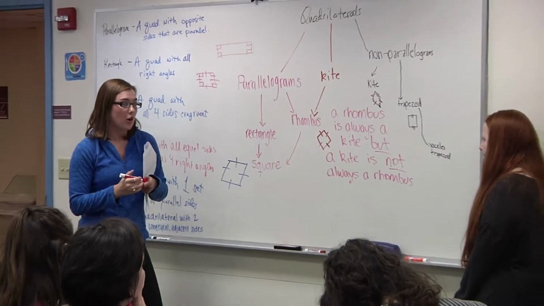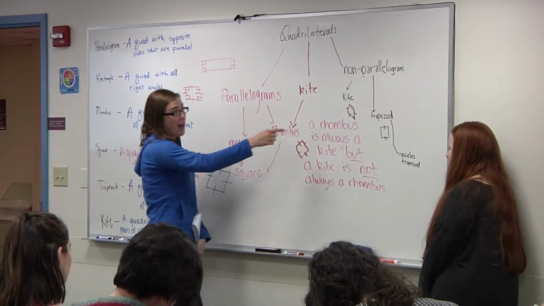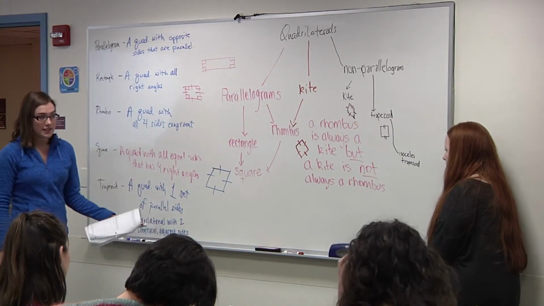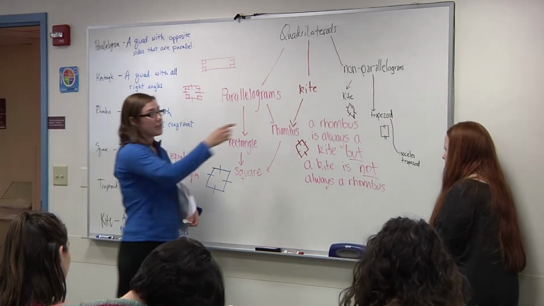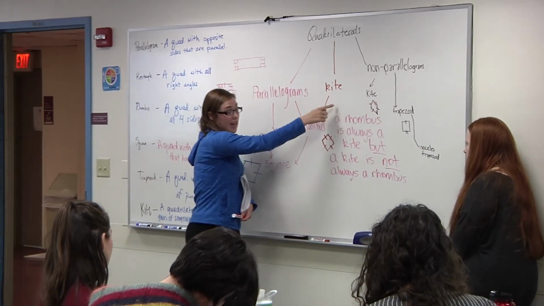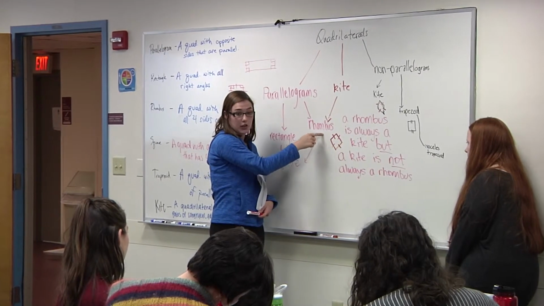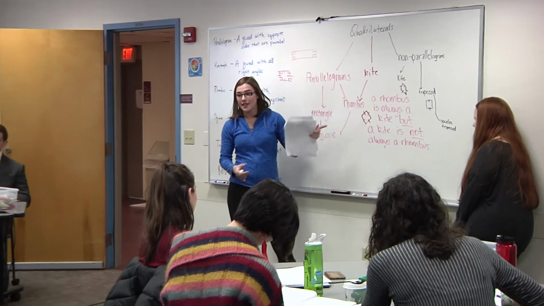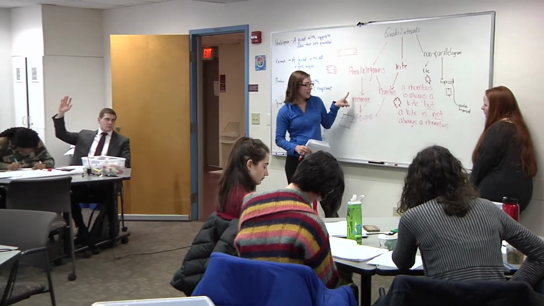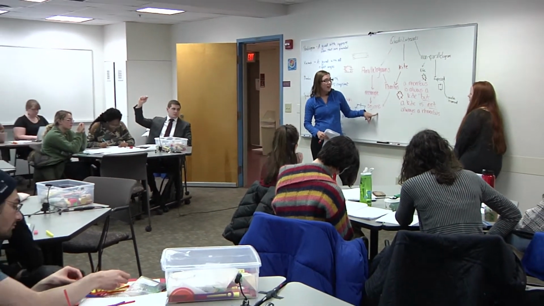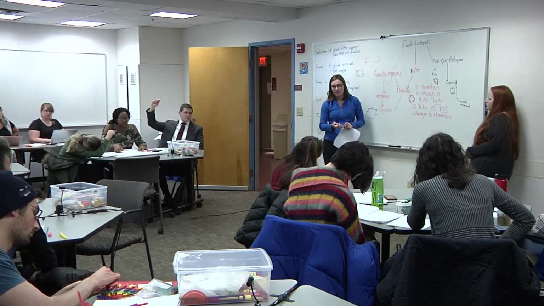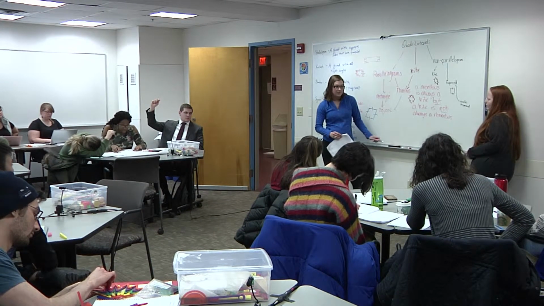So a rhombus is always a kite. It's always going to have the two pairs of congruent adjacent sides, but a kite is not always going to be a rhombus. It can have all four sides congruent and adjacent, but it doesn't have to. It's the same thing we had with a rectangle and a square, and a rhombus and a square. A rhombus is always a kite, but a kite is not always a rhombus. John,